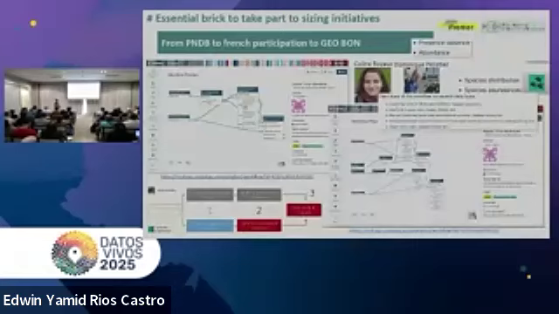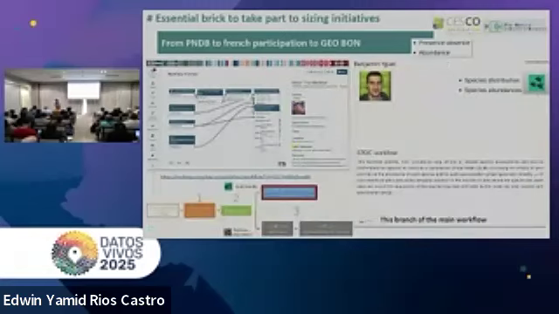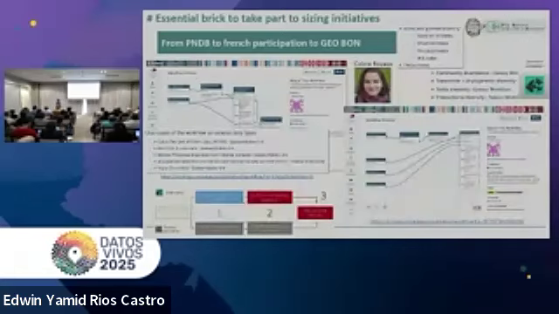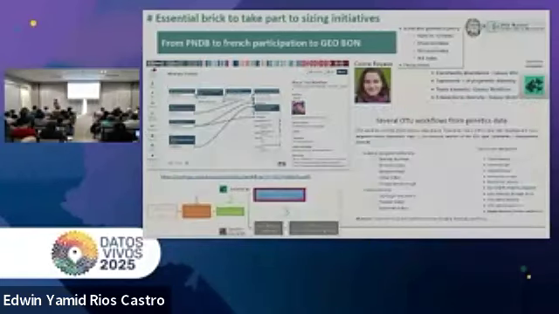So on species distribution and species abundance for species populations with marine data, others on the breeding bird survey, on species traits, on butterflies, on community composition, where we created a workflow to produce several metrics that we can apply to several kinds of data, from fishing data, real-life survey data, or others.